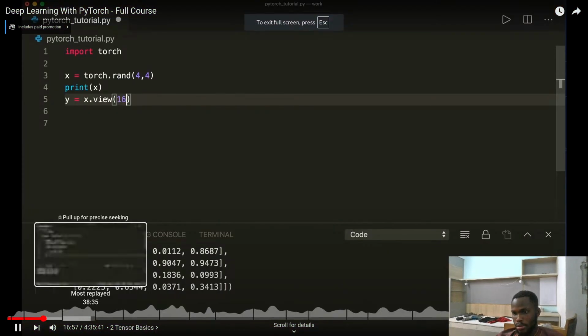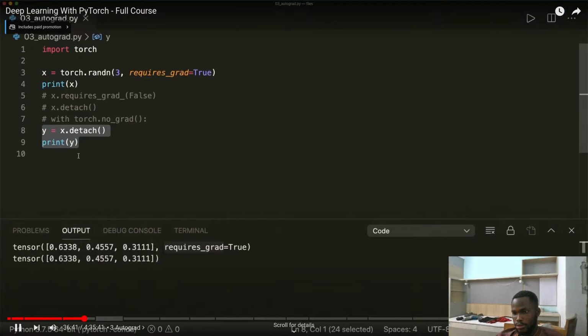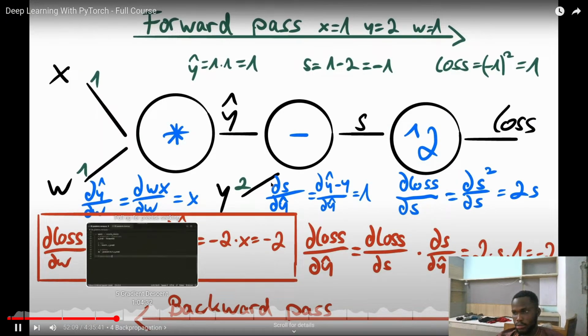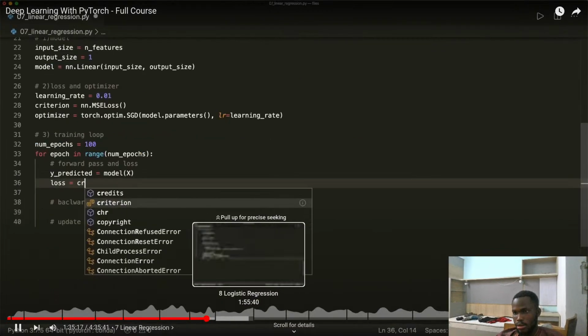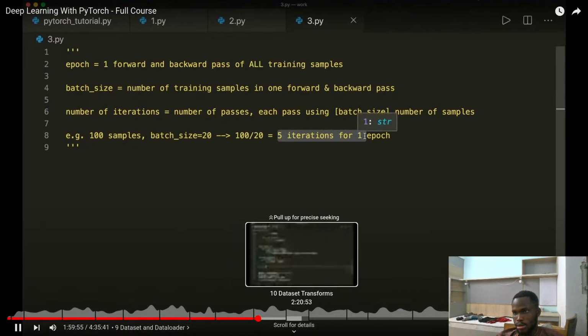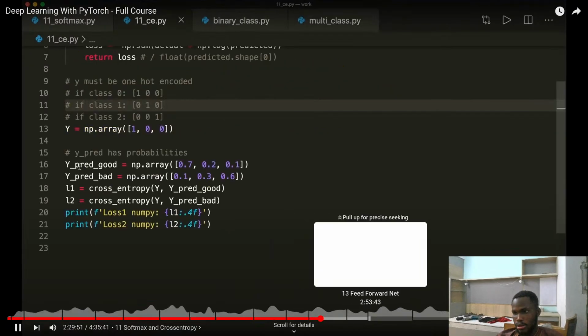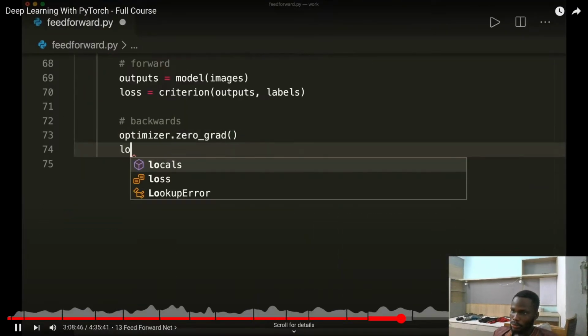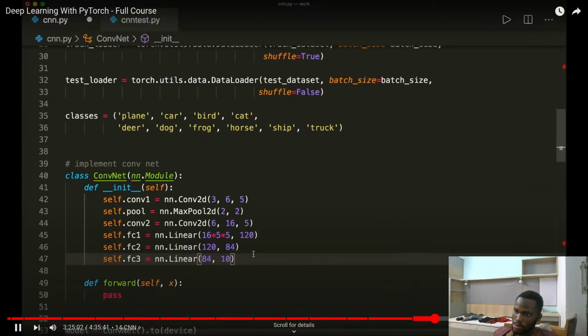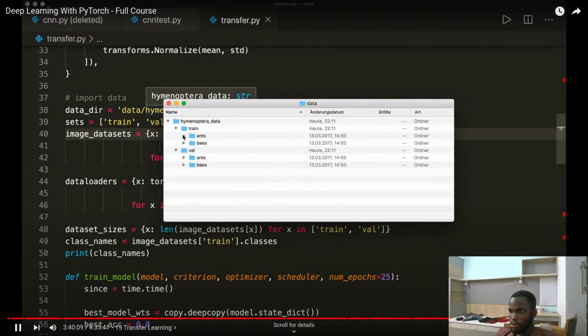So let's say we only want one dimension. The last option is to verify that PyTorch, and yeah, so this equals our iterations for one epoch, and then we can do the next step by saying loss.backward. 10 different classes. So you can change the 120 here and also the 84, and also let's have a